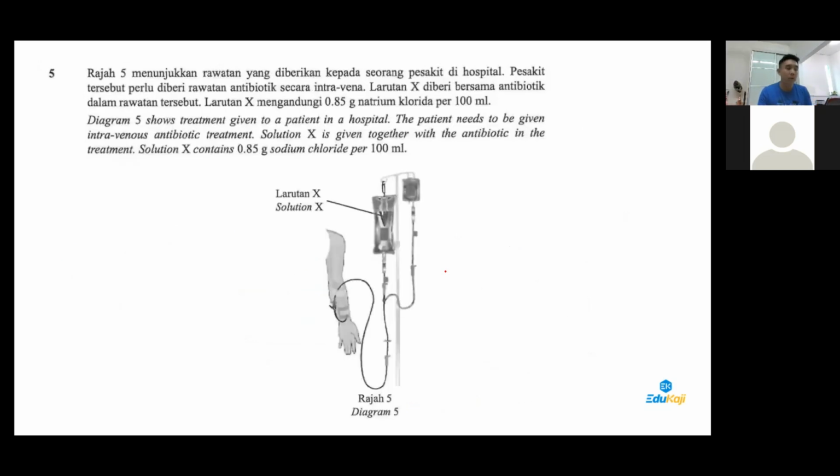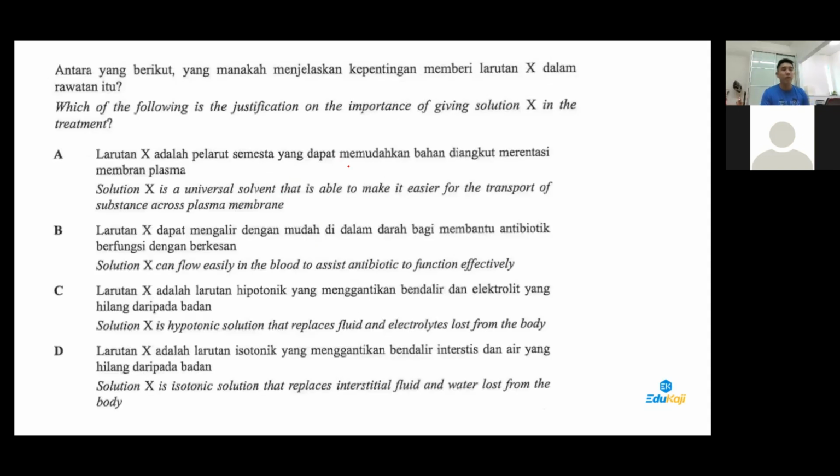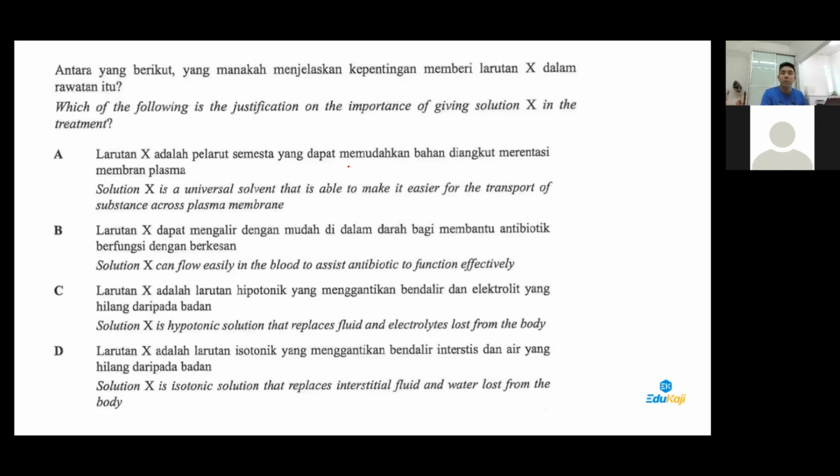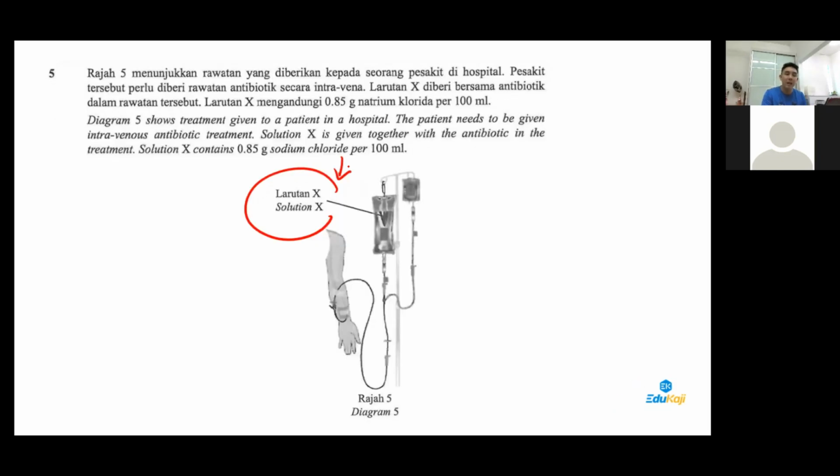Okay, then as for question number 5, this solution contains this much sodium chloride, 0.85 gram. Okay, let's look at the question. Which of the following is the justification of giving this solution X? Okay, solution X. So guys, the reason why we give the drip